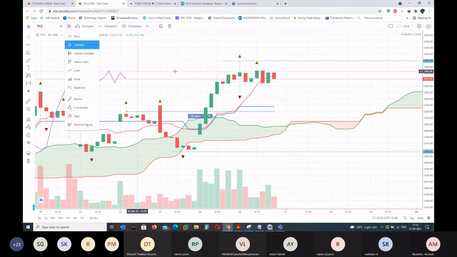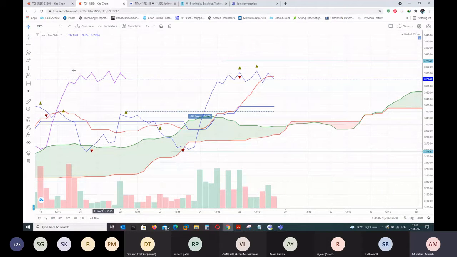One second. Right now it's in candle, I'll make it a line chart. So here you can see this is my current line chart. It went up, then zigzag, zigzag. So this is where it is. If you look left, this purple line is Chiku span. If you see, it's the same, the only difference is the color. Here it is blue, here it is purple, right?